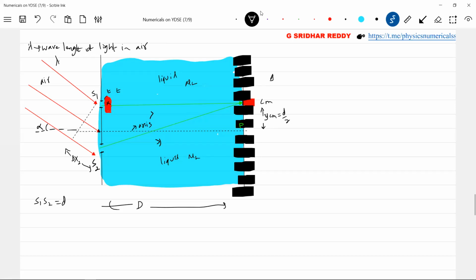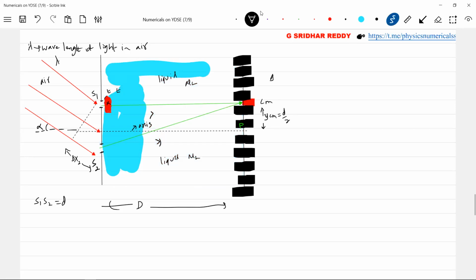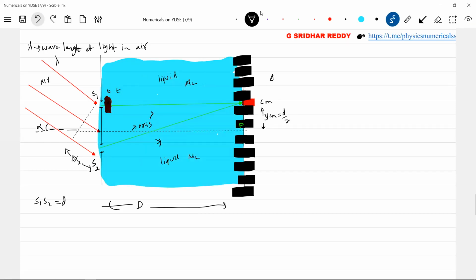Net path difference equals the path difference of the rays after the slits plus the path difference of the rays before the slits. That should be equal to n lambda. The central maxima should be there. So what should be the thickness of the slab so that the path difference